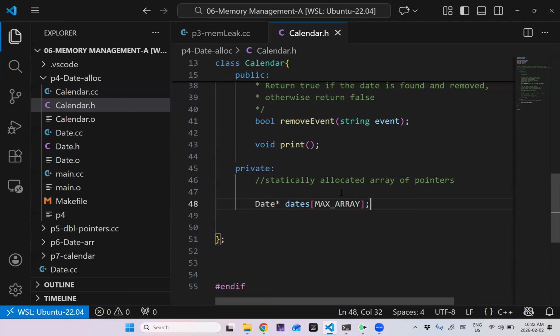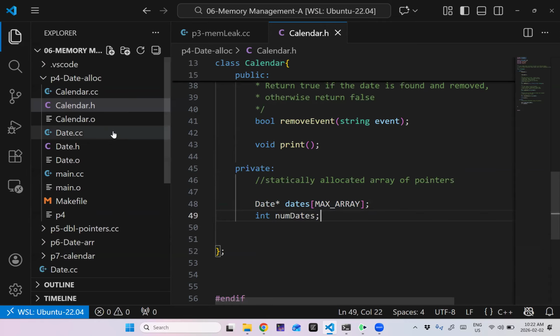This is a statically allocated array, but now it's an array of date pointers instead of dates. So we're going to save some memory there. Date pointers are 8 bytes. Dates are, I think, 12. And then, of course, we still want this numDates member variable.